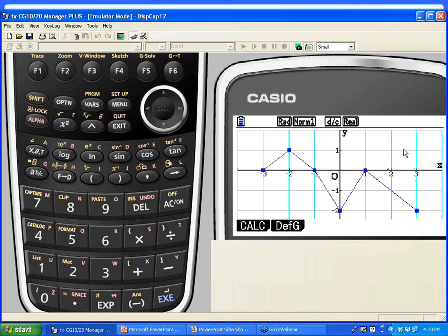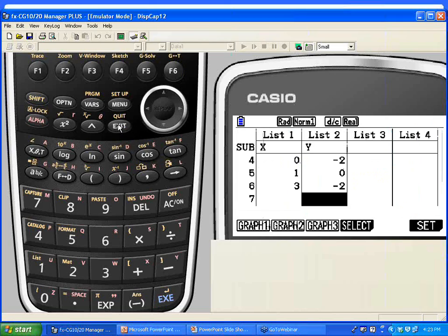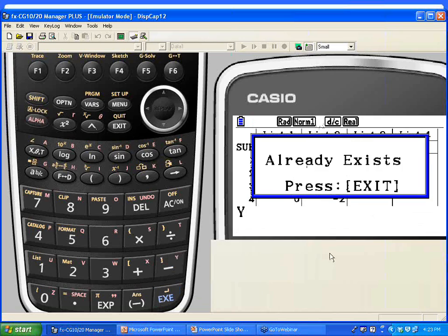Well, we want to see the inverse of this relation and try to discover something. And as of right now, the only thing I've mentioned about an inverse is that simply you're going to swap your x and y coordinates. So for my list 3, I now want my y coordinates to be under list 3. So I'm going to type in the letter alpha y, so that I have y.